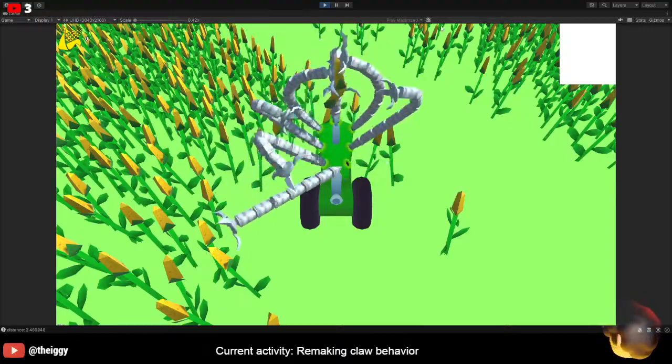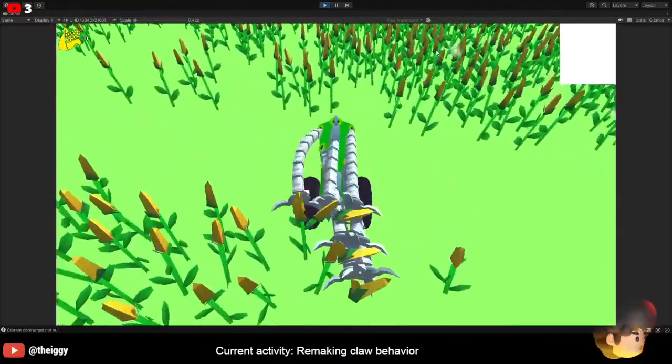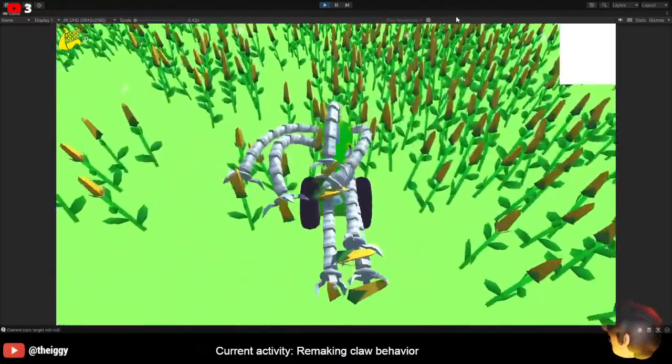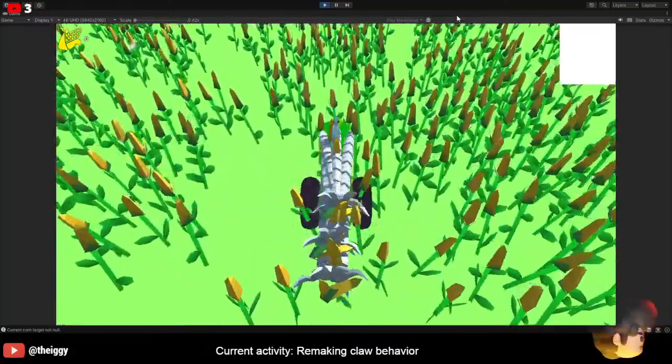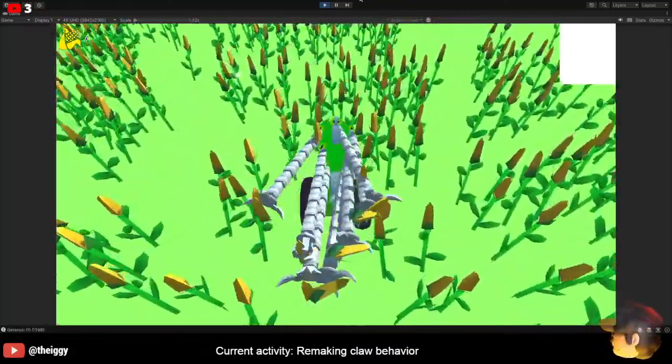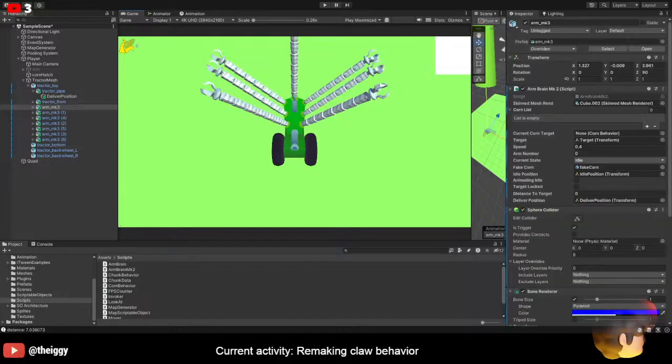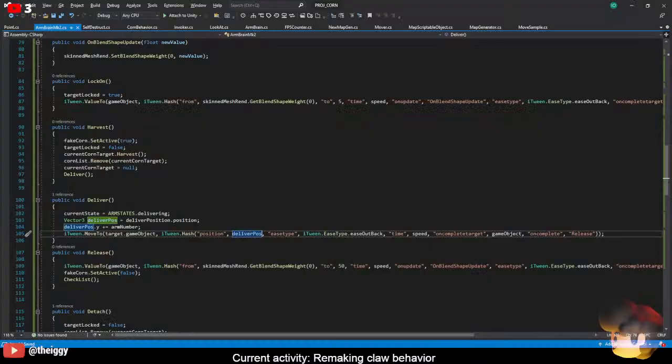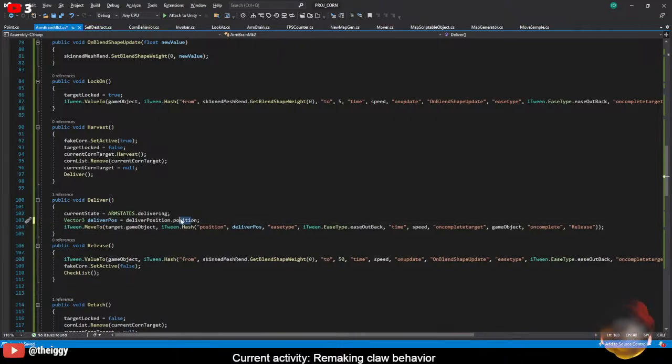Yeah, something like that. Or rather, last thing. It's a little more complicated, but so deliver position. So deliver position will be... I know. So the deliver position will be